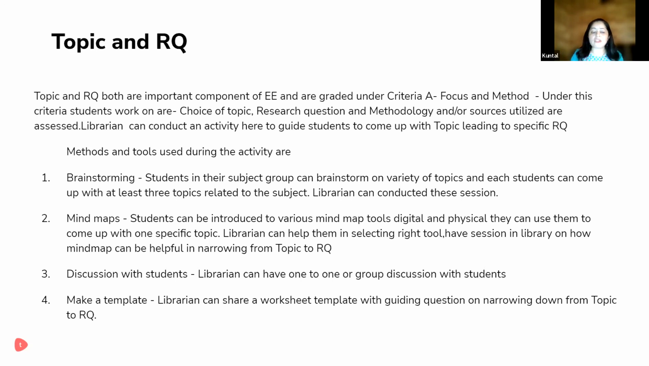We can do a brainstorming session. We can introduce them to mind maps, and mind maps can be digital. It can be physical. You can call them into the library. You can put them into groups. Once the subject is selected, they can do a brainstorming on different topics and put it on a chart paper. To be very frank, if I give you my example, I just call them into groups,